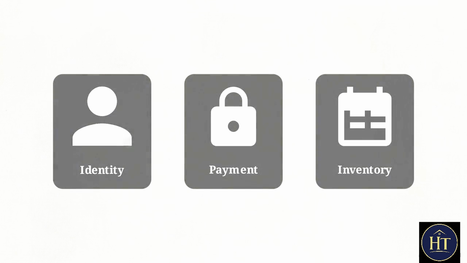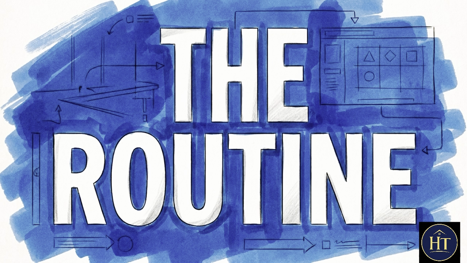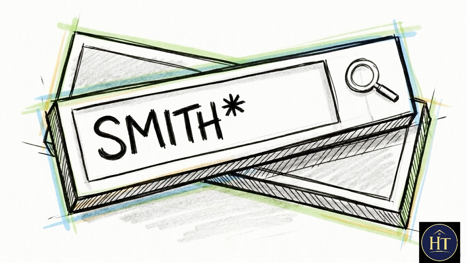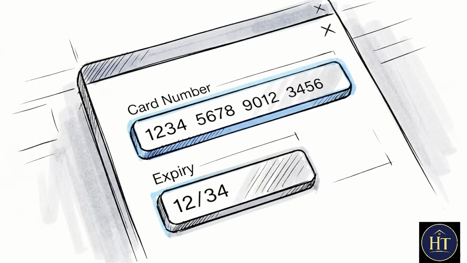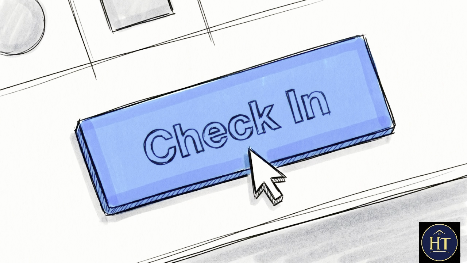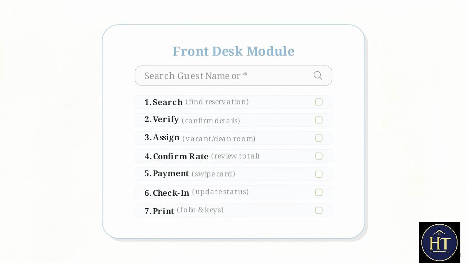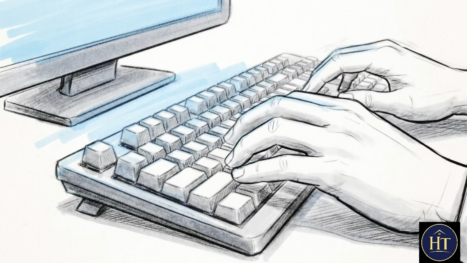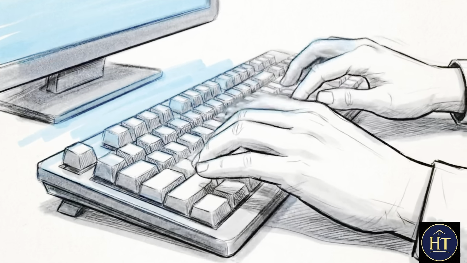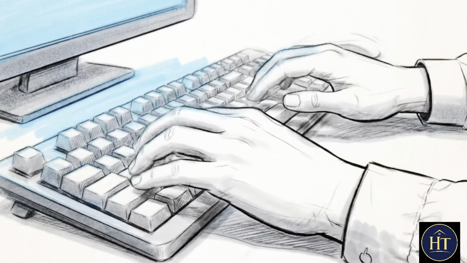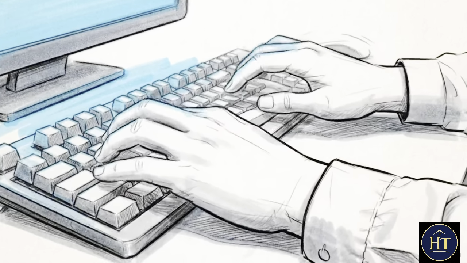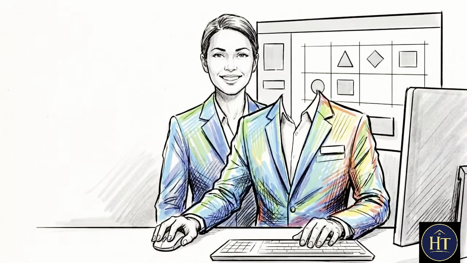The account is open, the payment is secured, and your system inventory is perfectly accurate. You did it by following these clear steps. Search with wildcards, verify the green room, pay via the billing screen, and check in to complete. Repeating this exact sequence strips away the complexity of the interface. Soon, your hands will know the keyboard shortcuts intuitively, and you will process arrivals in seconds without even thinking about it. Try this simplified routine on your very next shift.